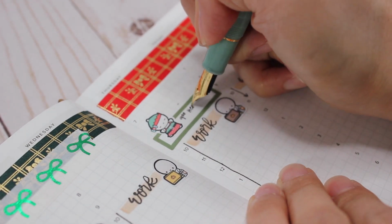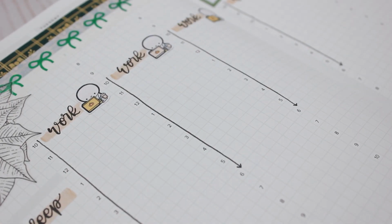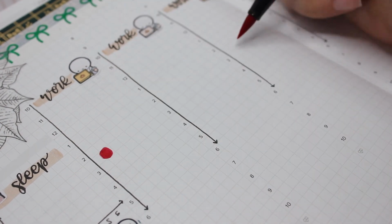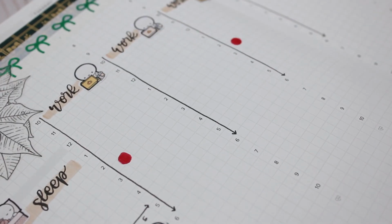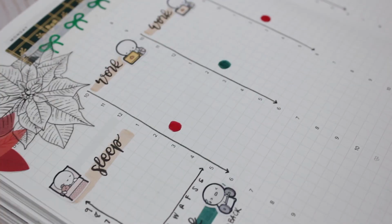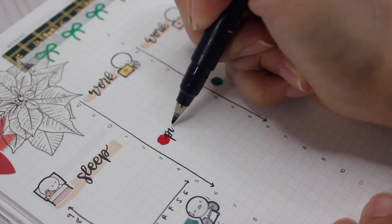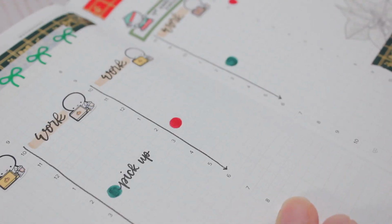You know, I had a post-it to remind me, and then I still forgot. I don't have a dentist appointment sticker, so I just use these cute Christmas emoji stickers. Then I go in with a red and a green Tombow dual brush pen and just draw these dots on each day. And then with the Tombow Fudenosuke pen, I brush letter in that I have to pick up the